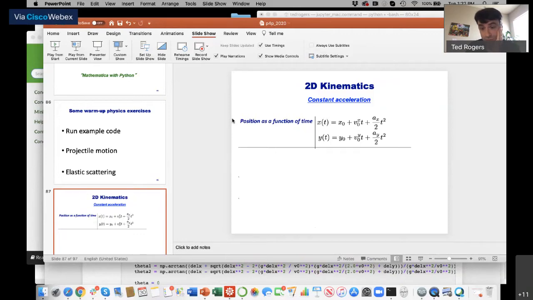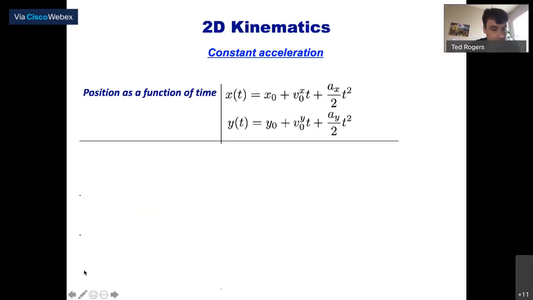So here is a set of relevant equations. I've got an x position as a function of time with some initial x position, and a y position as a function of time with some initial y position.